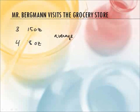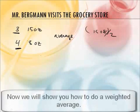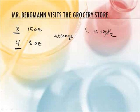Now, shouldn't I just take 15 plus 8 divided by 2? Well, you can if you have equal numbers of things, but we don't have equal numbers. We have 3 of one, and we have 4 of another. So we're going to have to do a weighted average. So how do we do a weighted average? Well, you take the mass times the percent. So we're going to figure out that percentage. If we have 7 total isotopes,